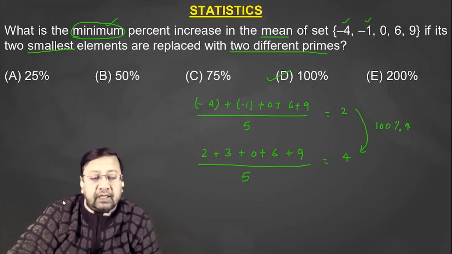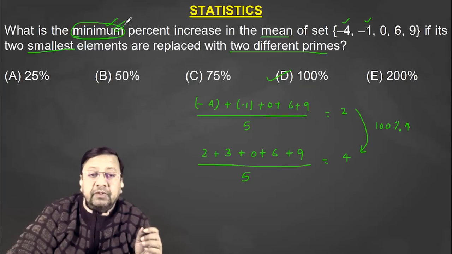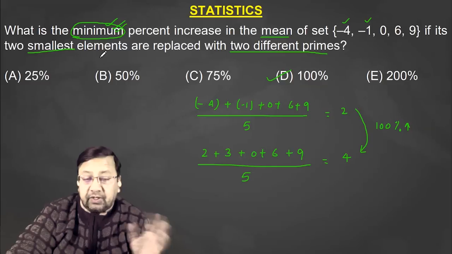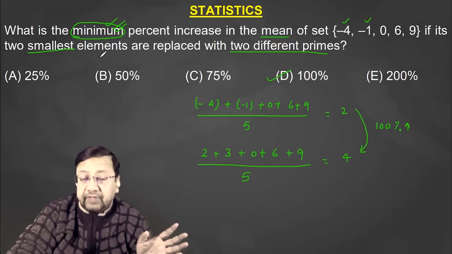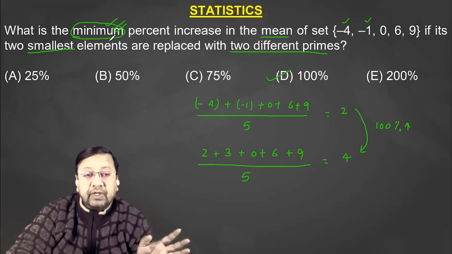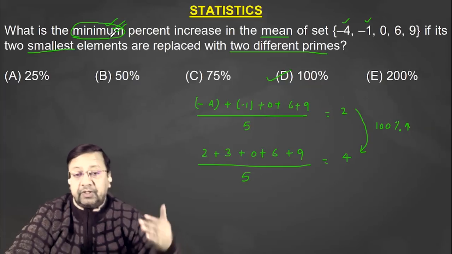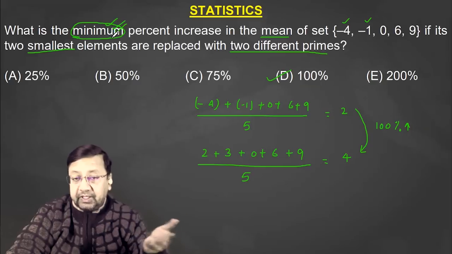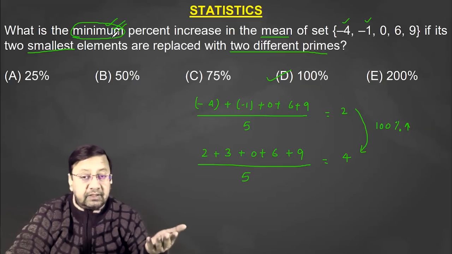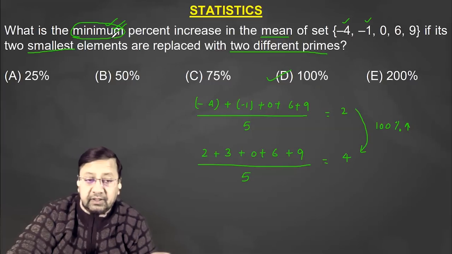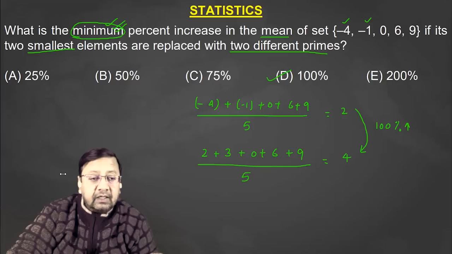So Pawan, we can take other prime numbers also, right? But see, the catch point is minimum percentage increase, right, Pawan? As we are saying, comprehension of the question is more important than the calculation. If you take any other prime number, this will not be the minimum percentage increase, because you will be taking maybe 5, maybe 7, 11, 13. So the number will increase, the average will increase. So this will not be the minimum. Okay. And Tushar, I got 2 and 4. Okay, Tushar. See, 4 is not a